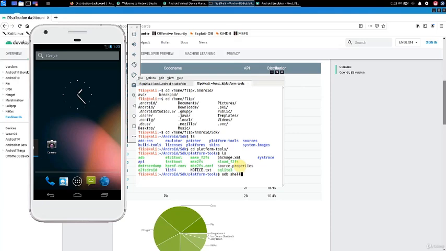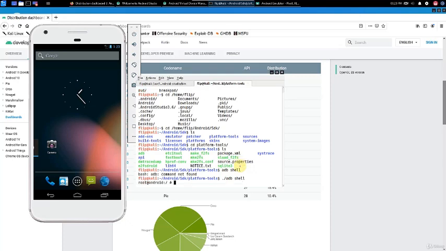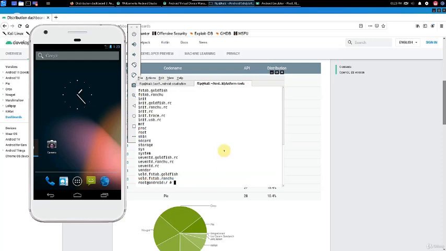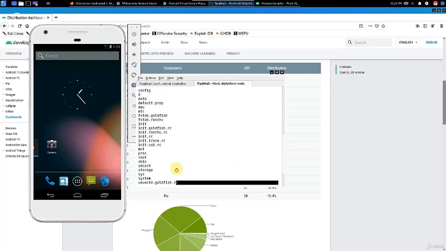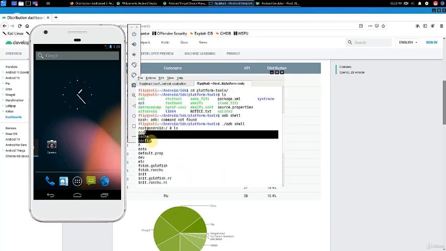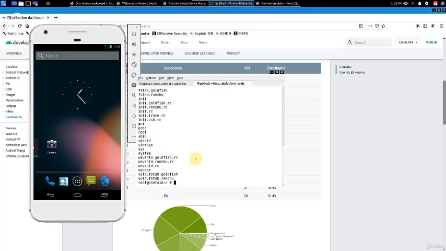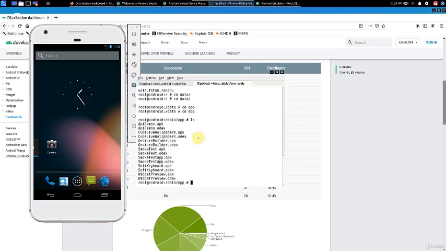So when you run ADB shell, it's going to take you to the shell of the Android device. So just like that, we're in the environment of the Android device. So within the shell, you can do common Linux commands because, as you know, Android is based on Linux. So for example, you can do ls and it will list all the files. You can change directory, etc. It's very similar to your Linux environment. Okay, and then you can just type exit to go back to your system.